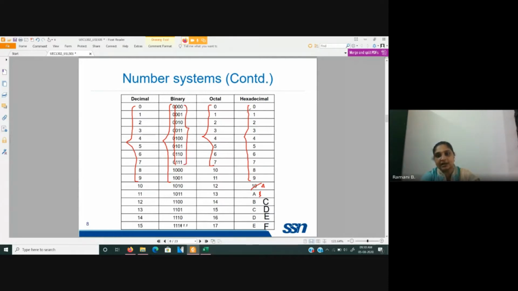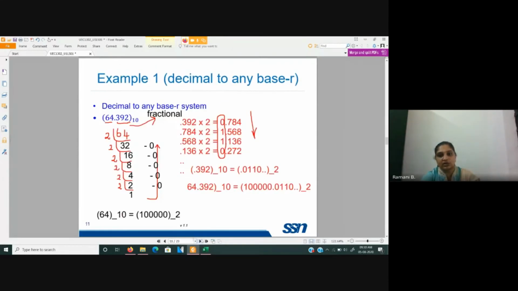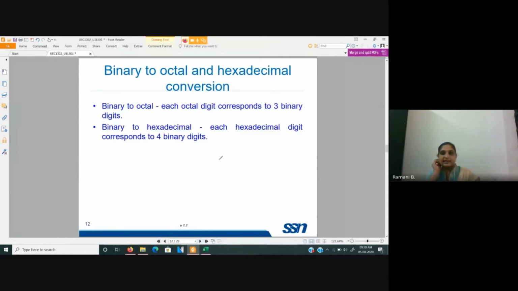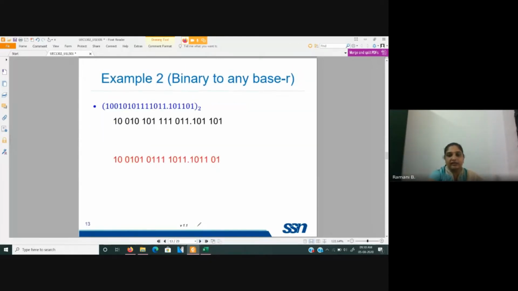Whereas in hexadecimal, as we can see, you have it as 4 digits. That is what I have mentioned here: a hexadecimal digit corresponds to 4 binary digits, and an octal digit corresponds to 3 binary digits. So we shall see how you could do the conversion. Here I have randomly given a combination of ones and zeros. So with octal representation, we were saying that each octal digit is 3 binary digits.